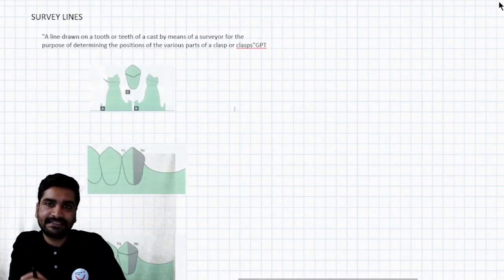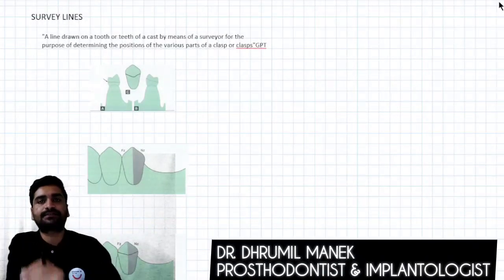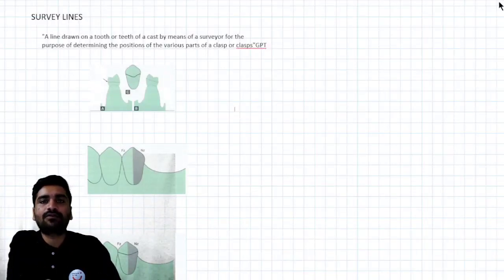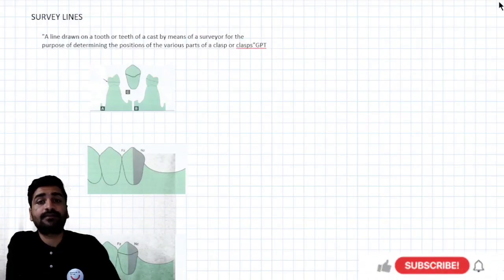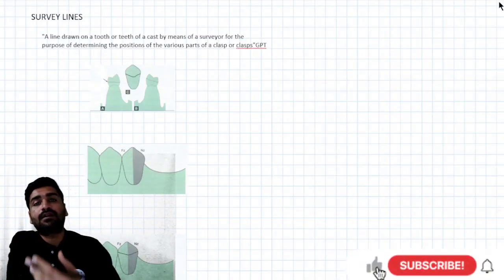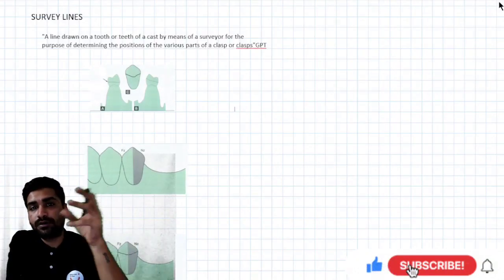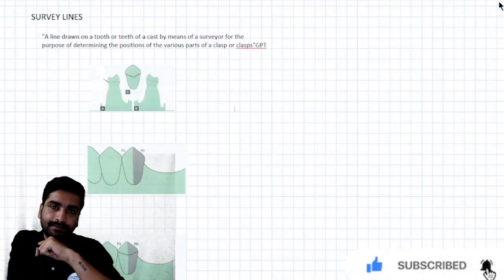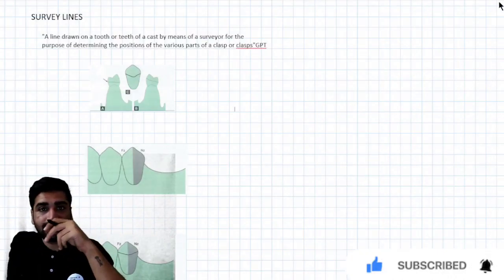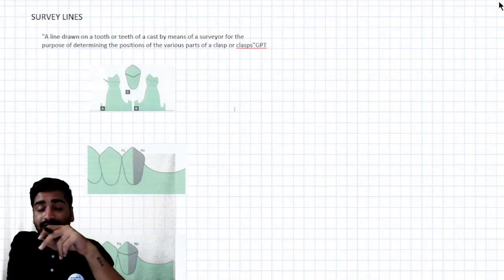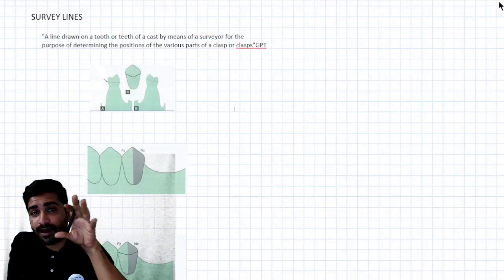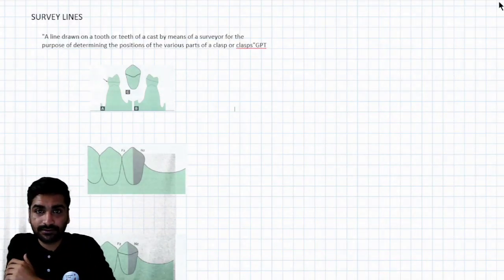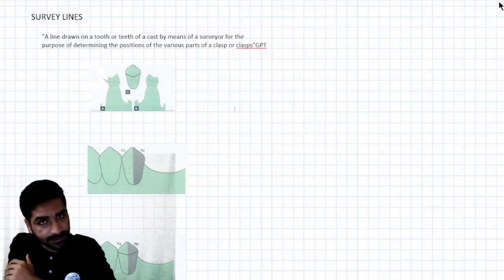So now the next topic. As we discussed in the previous chapter, those were our basic concepts about a surveyor: what is surveying, what are the parts of a surveyor, the tools of surveying. Now it is also important to learn about the lines which you are drawing along the cast, sorry, not the surveyor. The lines which I told you are marked with the help of the carbon marker on the surfaces or on the highest point of the prominence of the teeth or the associated structures,